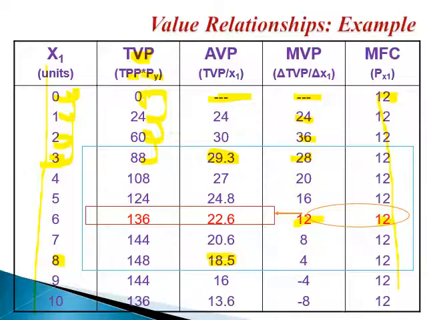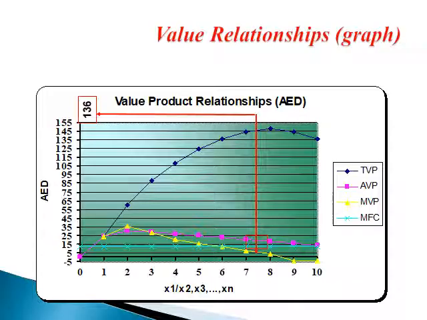Okay, now I'm going to move to the next slide. And as you can see here, the graph for that. AED here, actually it's not AED, it is pounds. AED means Arab Emirates dirham, because this one was made over there. But just forget about AED, it is pounds. Here I put money, which is pounds or dollars or sterling or dirhams or whatever, and here I put the level of X1 that I use, given that this is the variable input X1, given that I have fixed inputs X2 all the way to Xn.